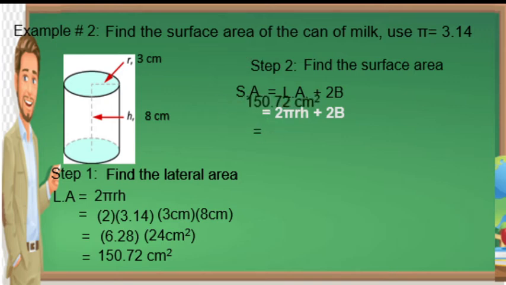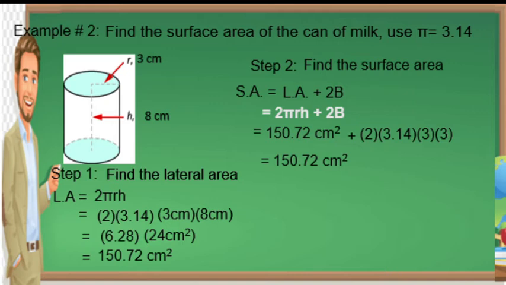Okay? So, let's substitute: 2 pi rh is equal to 150.72 square centimeters plus we have to multiply it by 2 times the area of the base, and the formula is pi r squared. So that is multiplied by 2. So we have 2 pi rh. So 2 times 3.14 times 3 times 3. So bring it down,